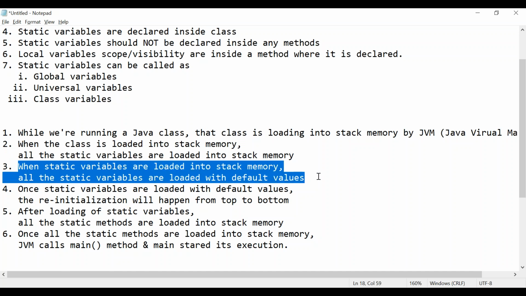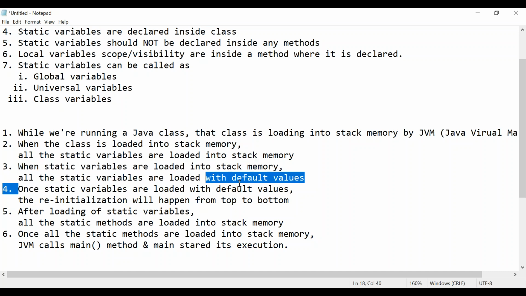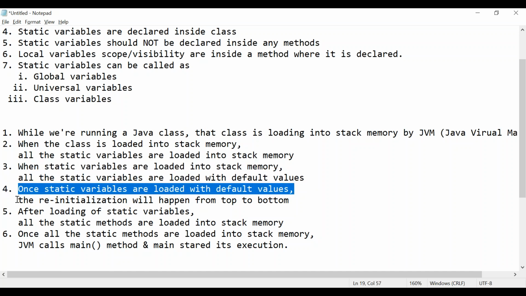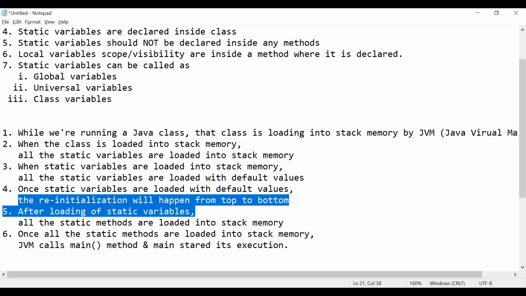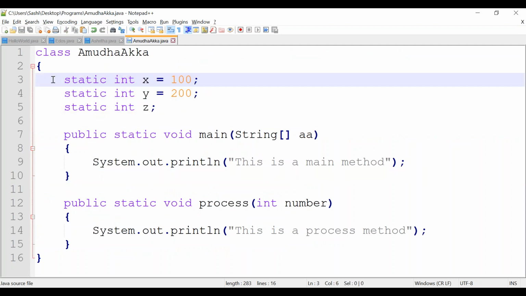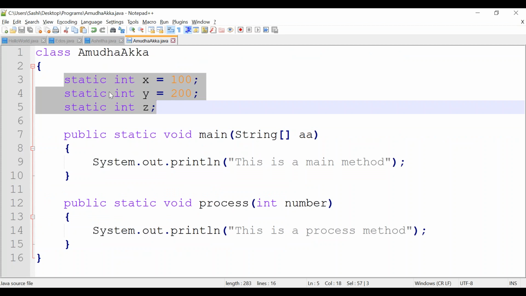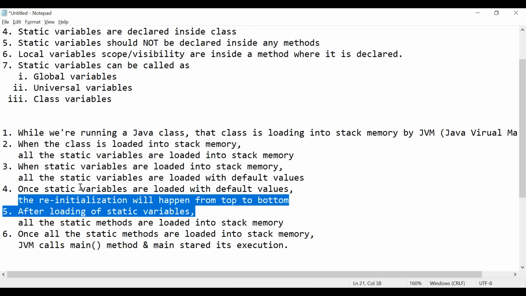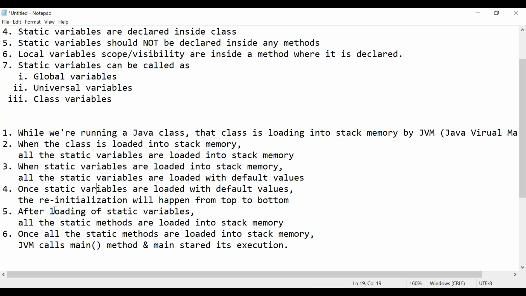Depending upon the data type, it will load the static variables. Once all the static variables are loaded with default values, then what will happen? Initialization happens from top to bottom, from x, y, z, top to bottom, reinitialization is happening. That is the fourth point.